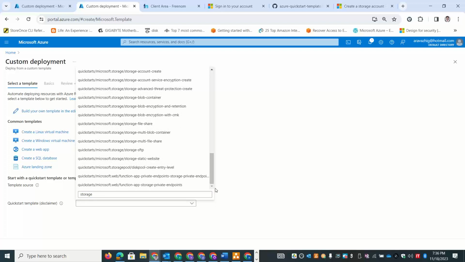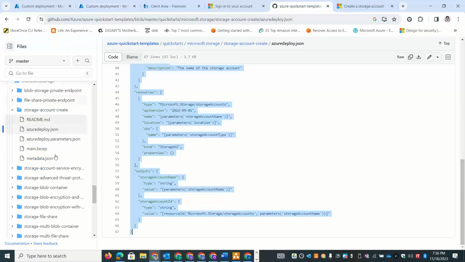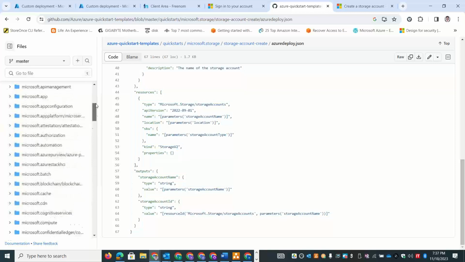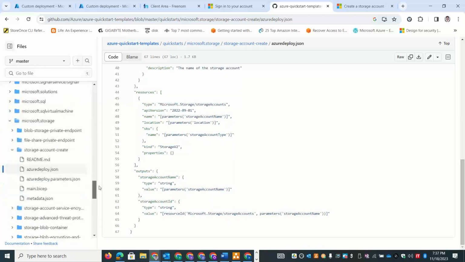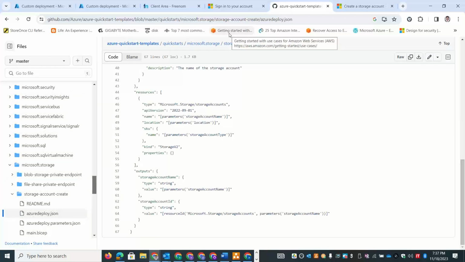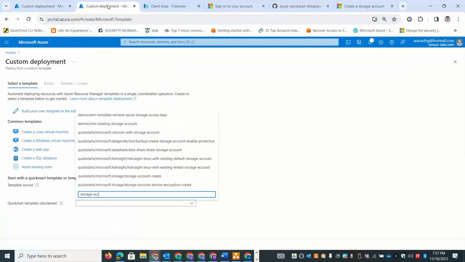See, there are different numbering along with the code. The number here refers to, let me show you that first. In your template, you have different numbers, 100, 200, and so on. So 100 is the basic one, which has only one or two resources involved, but 200 is a little more complex where two resources are involved, and the higher the number, the higher the number of resources involved in your